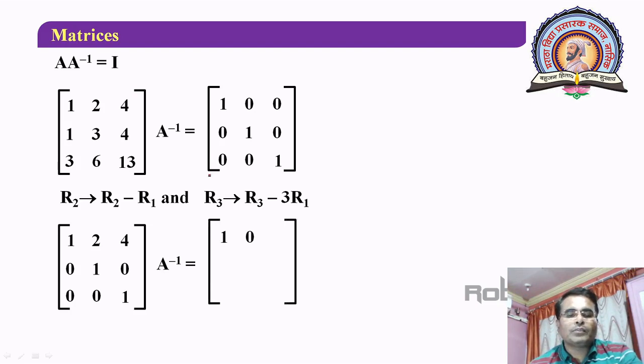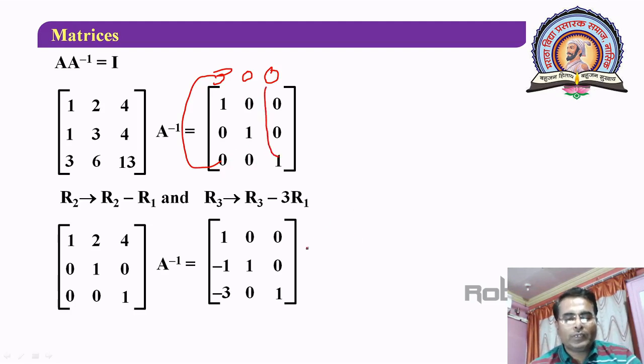First row, that is as it is, 1 0 0, but here 0 minus 1, it is minus 1, 1 minus 0, it is 1, and 0 minus 0. So you have minus 1 1 0. In the next step, you have to consider this multiplied by 3. So if you multiply by 3, here you will get 3 0 0. Those are subtracted from this. So 0 minus 3, it is minus 3, 0 minus 0, it is 0, and 1 minus 0, it is 1. So that is your next step.